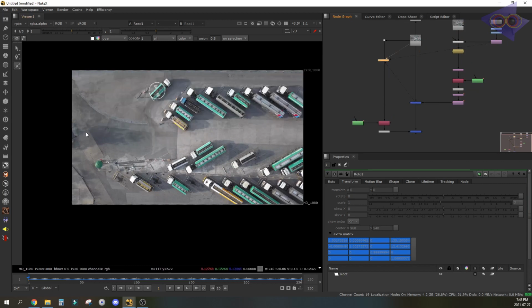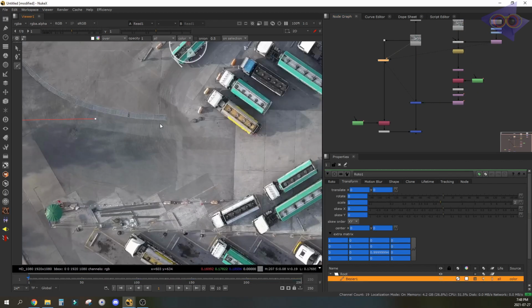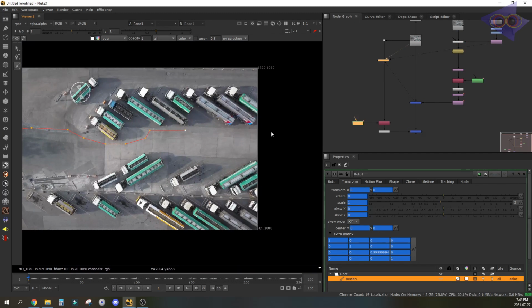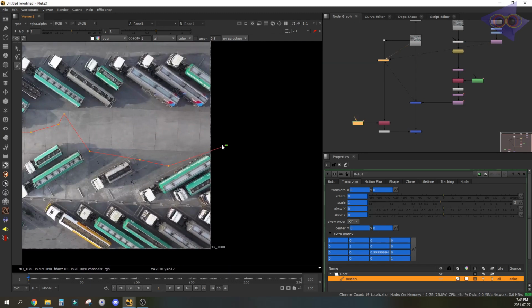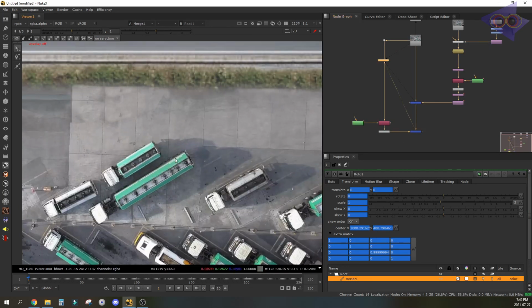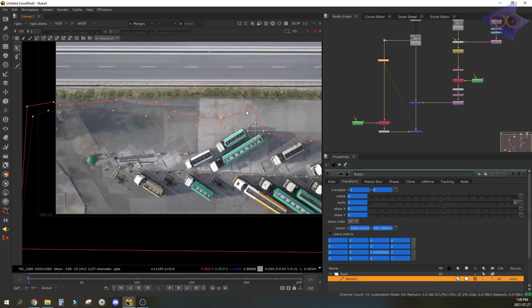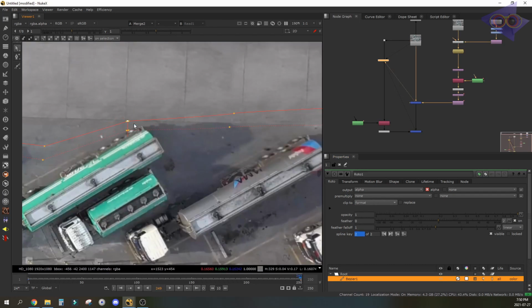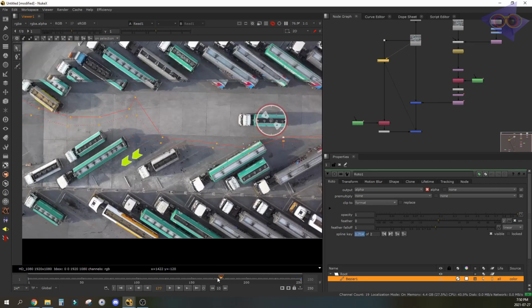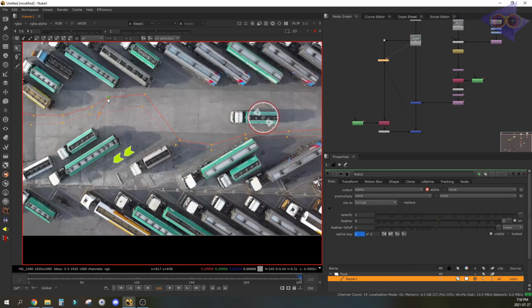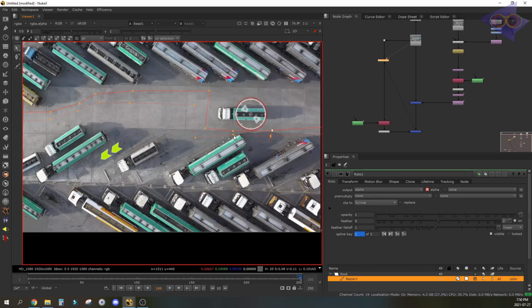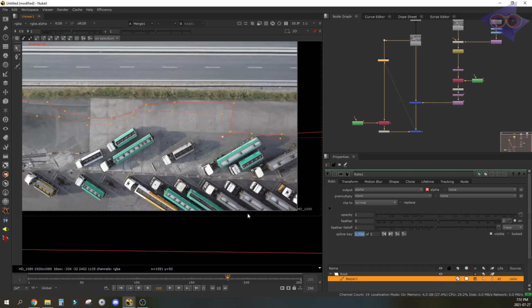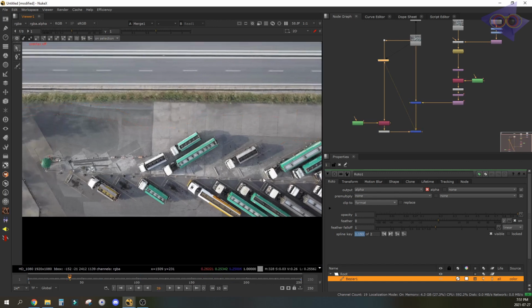Stay tight. Now you can see the input is revealed back easily.